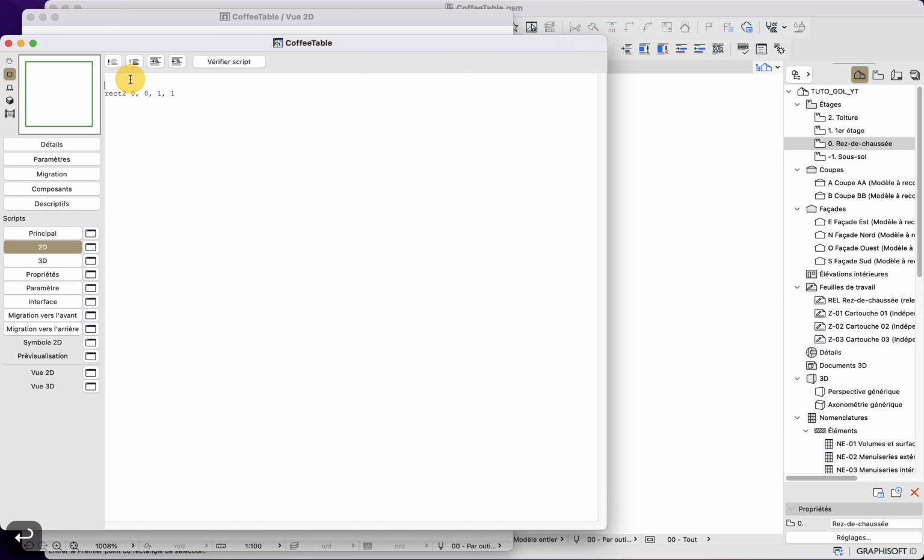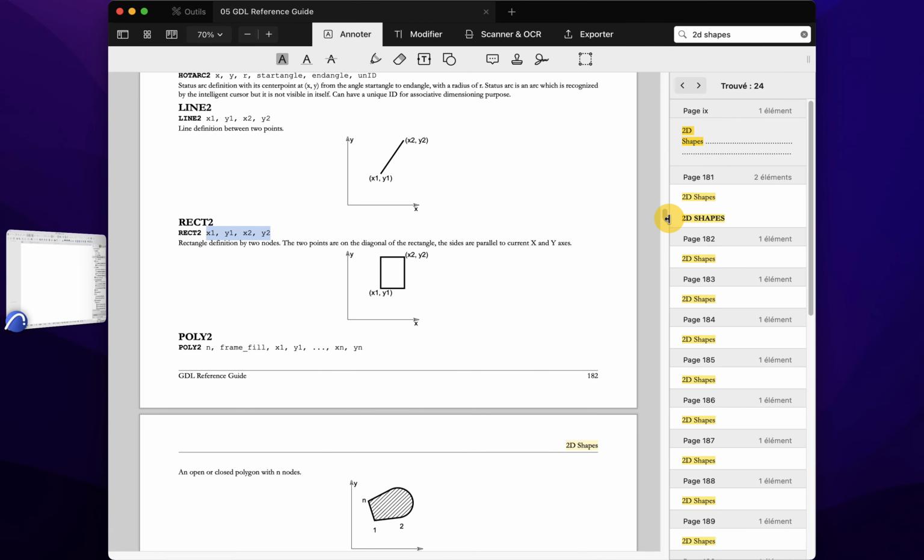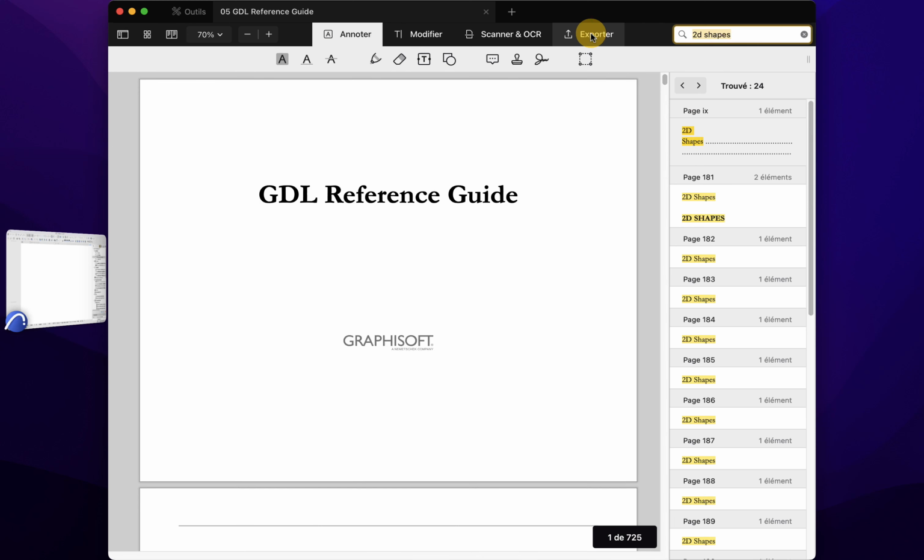Let's go back into our 2D script, and you can see that the rectangle here is green. I did not decide that it was green; it's just that the default color for an object is this one. So if I want to have some control over this, then I simply need to create some attributes. Here I can go back into my reference guide and look for directives.